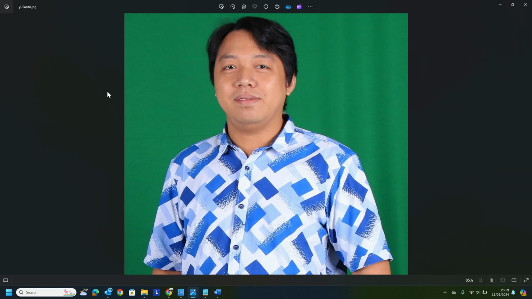For example, I have this picture. It is my photo, and we want to remove the background. This is the foreground. We only want to take the foreground and remove the background because we want to change the background. How to do it?